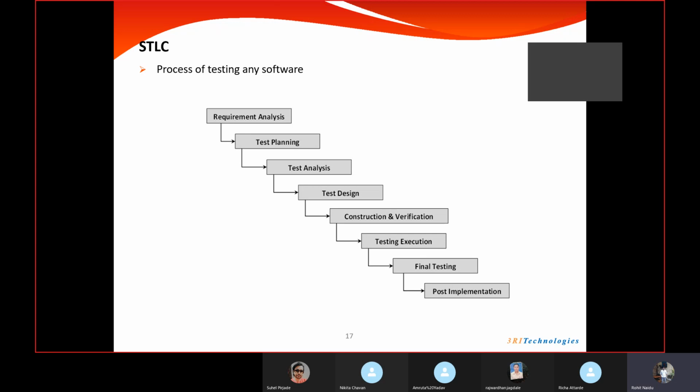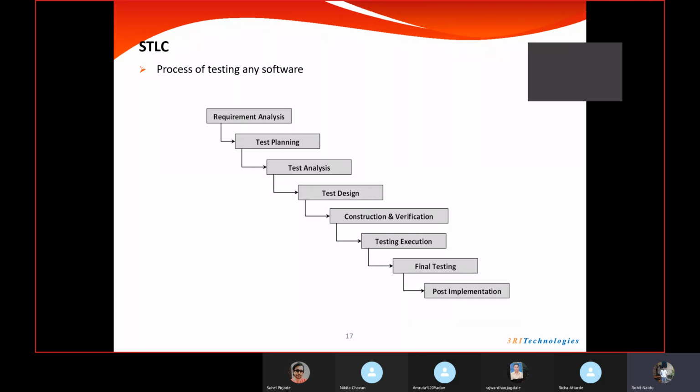So we have tested all the functionalities, right? We have checked, we have tried different data, we have tested with different strategies, we have followed multiple approaches, and we have done the testing. But after that, we have something called final testing. This is nothing but, let's say we have tested the application as per the user requirements. Like we have tested the application as a user, not as a robot, but as a user.